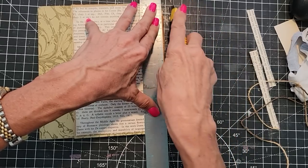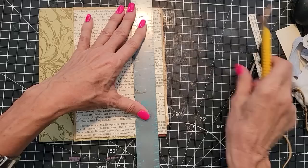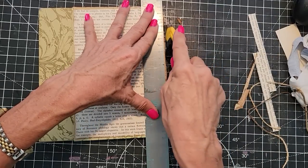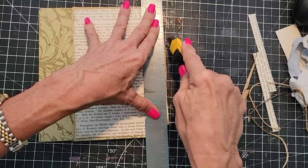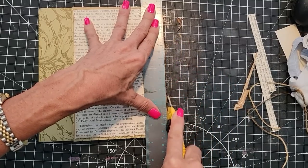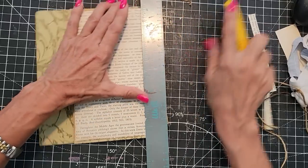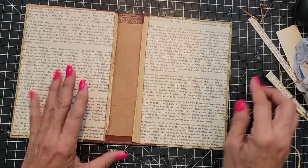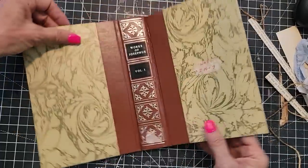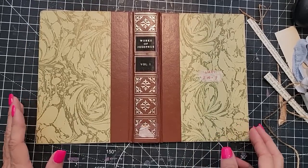Make sure you keep your blade straight down and you don't cut into your book. You don't lose the integrity of your spine. Got most of it. Probably have a dull blade at this point. Oops. All right, there we go. That's a little better. There we go. Okay. We have that. And then let us go